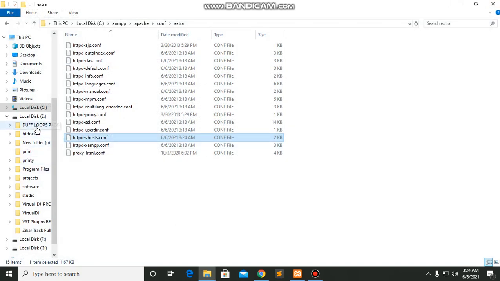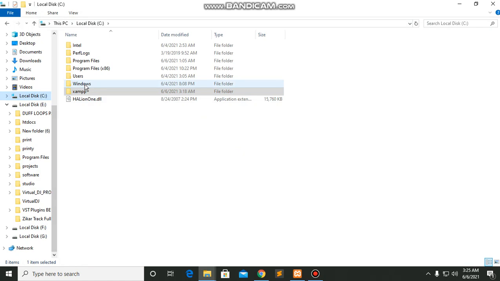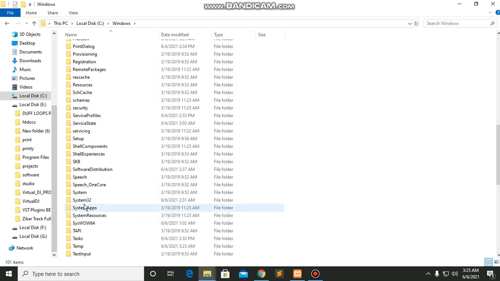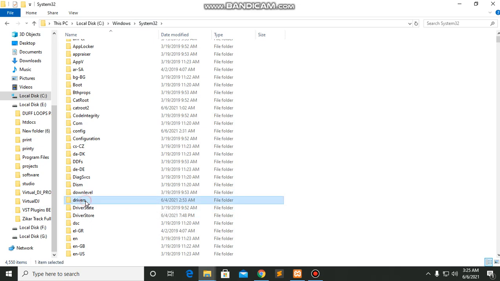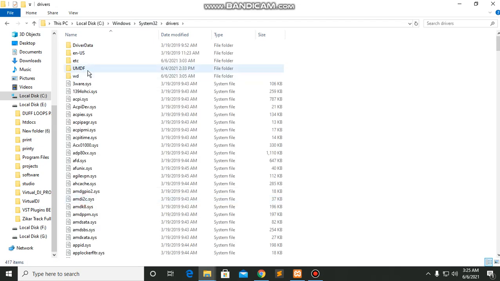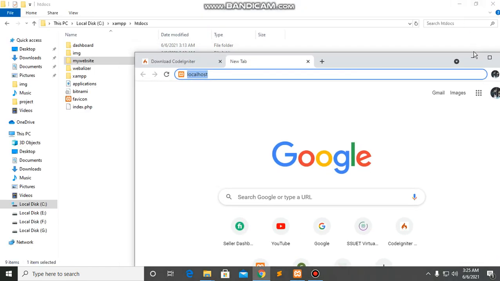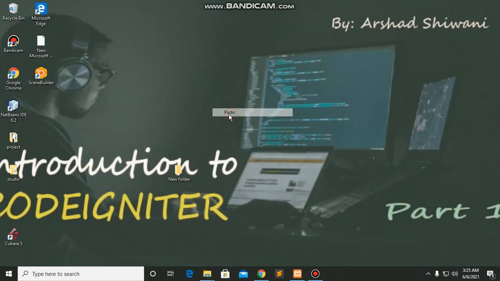Now the second thing, you have to change it from the Windows folder. Go to the Windows folder. Now you have to search System32. Now open this one. Now you move to the drivers folder. You can see here drivers, open this one. Now you have to open etc. Now you have to copy this and paste it here.